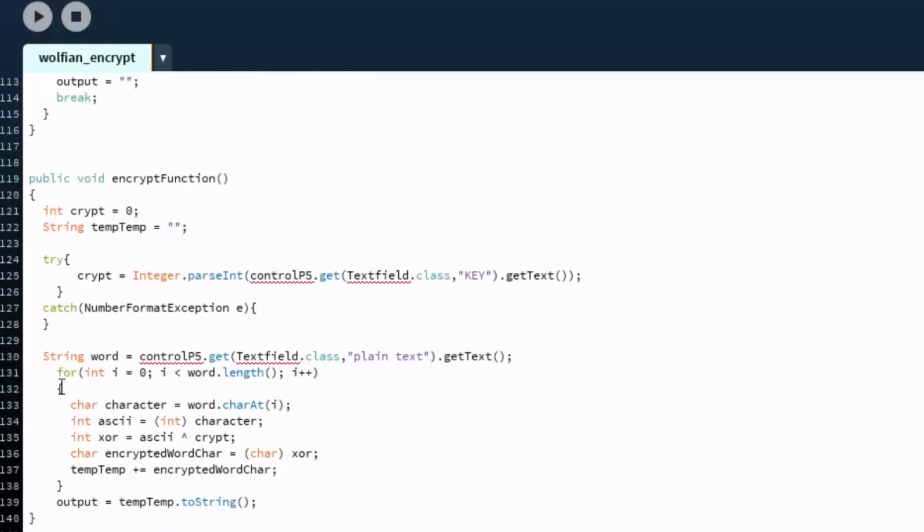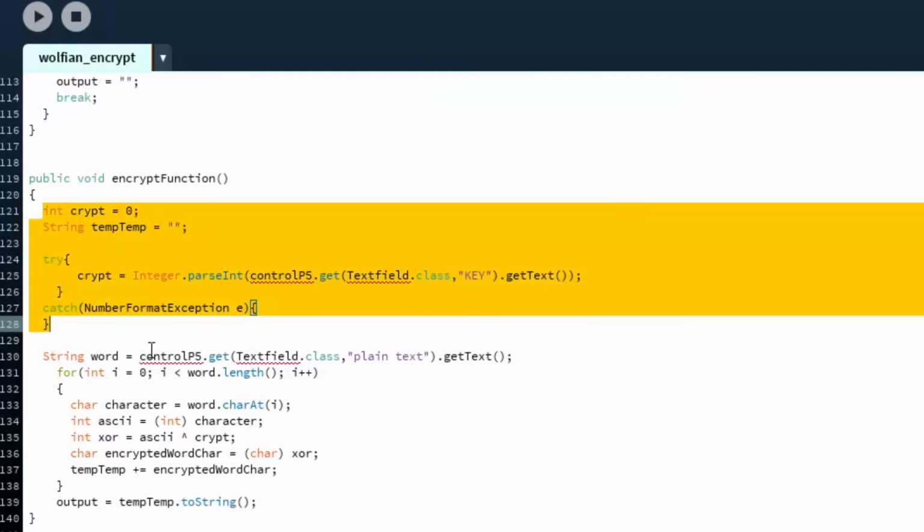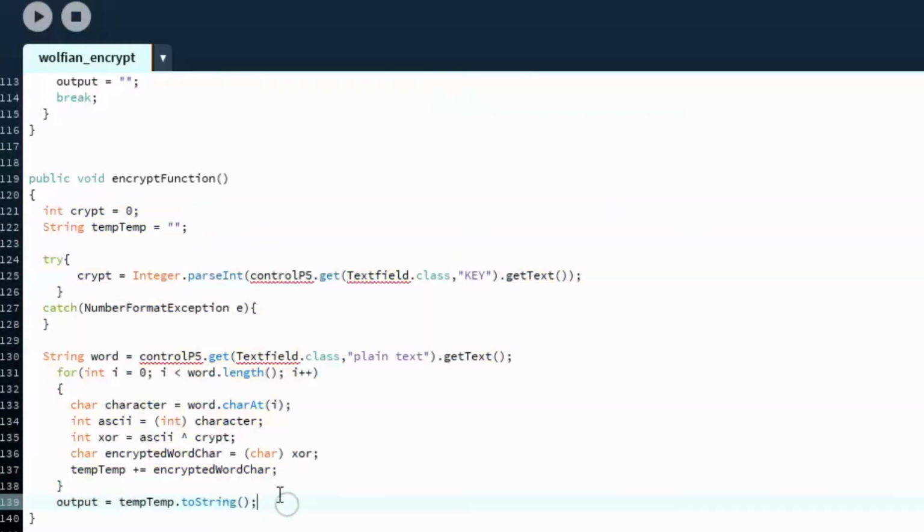Now coming to the real logic of my program. I'm going to write this program under the public void encrypt function. Firstly, what is going to happen is we are going to fetch a number, that is we are going to enter a number or data into our plain text field. Then we are going to modulate it with the help of our key, that is we are going to XOR my plain text and my key to get my